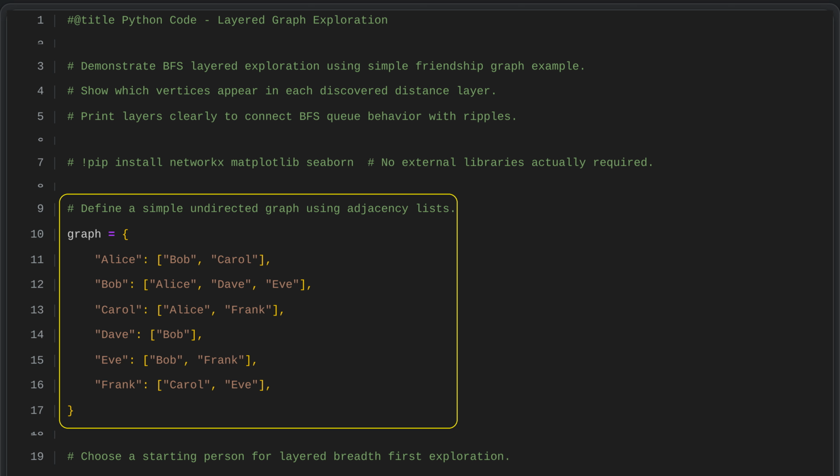We represent a simple undirected friendship graph using adjacency lists stored in a dictionary. Each person is a key, and the value is a list of their friends. For example, Alice's list includes Bob and Carol, and Bob's list includes Alice, Dave, and Eve. Because each friendship appears in both people's lists, this structure makes it easy to see and explore how individuals are